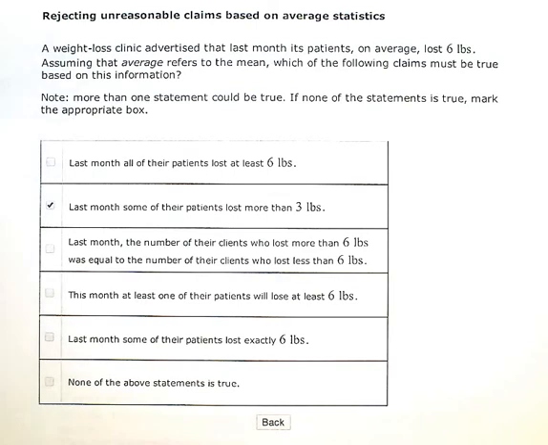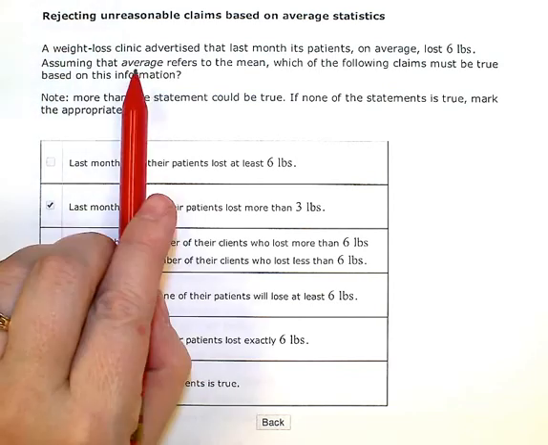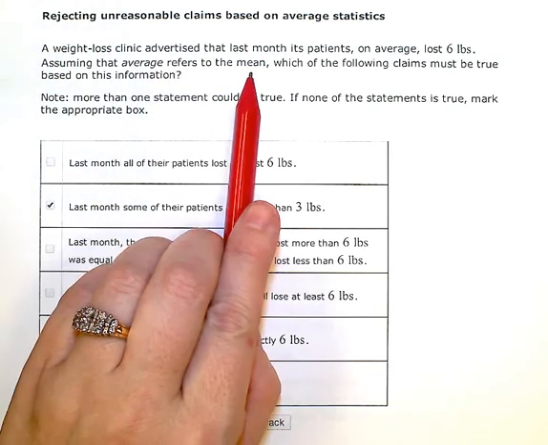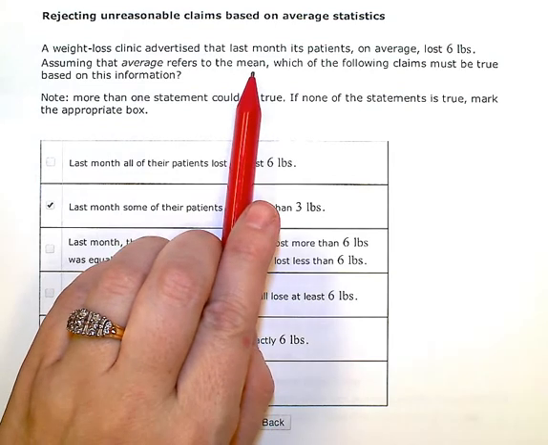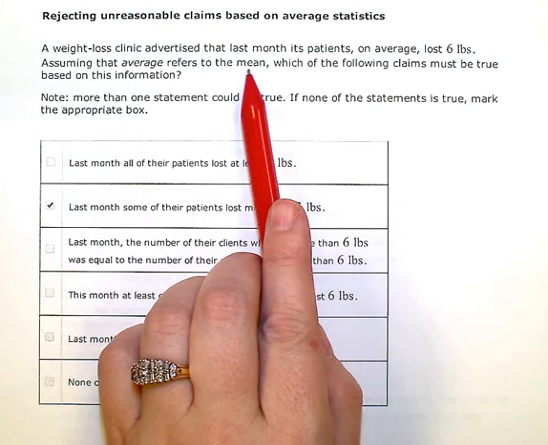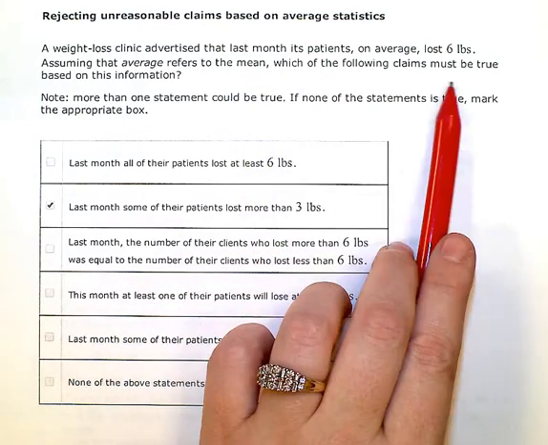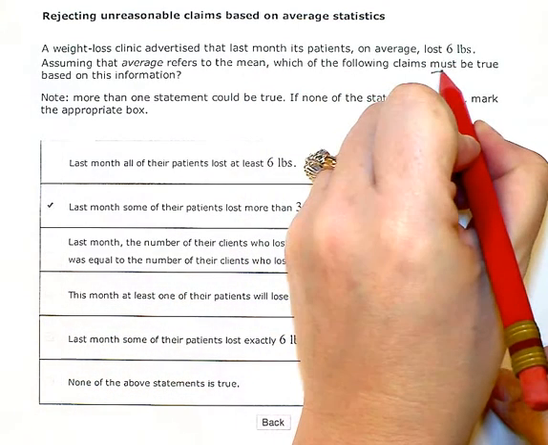Rejecting unreasonable claims based on average statistics. A weight loss clinic advertised that last month its patients, on average, lost 6 pounds. Assuming that the word average refers to the mean, and we calculate the mean by adding all of the data up and then dividing by the number that we have, which of the following claims must be true,